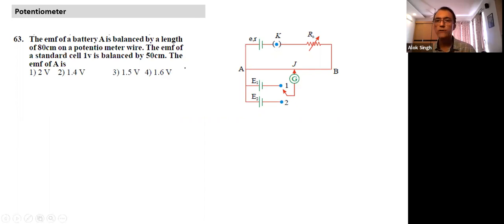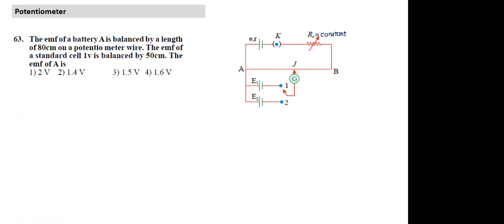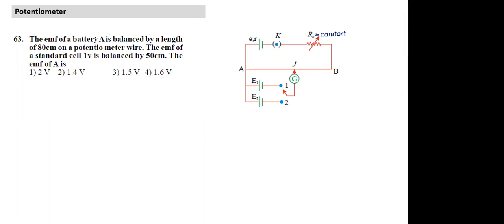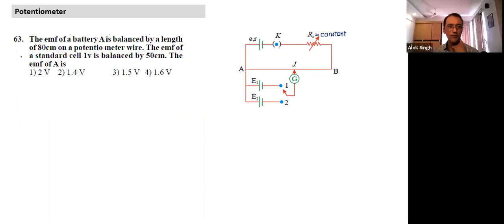Let's try and solve this question. For all questions, keep in mind that for a particular setup this remains particular unless mentioned, and is kept constant. As long as this remains constant, the current in the primary circuit and balance state remains constant. We have battery A. Over here, E1 is battery A and E2 is the 1 volt battery, right? They didn't mention it, the wordings are like this. Sometimes they give wording like this, so what you have to assume is this is the first battery. The first battery is balanced at 80 centimeter, and the second battery of known EMF is balanced at 50 centimeter.